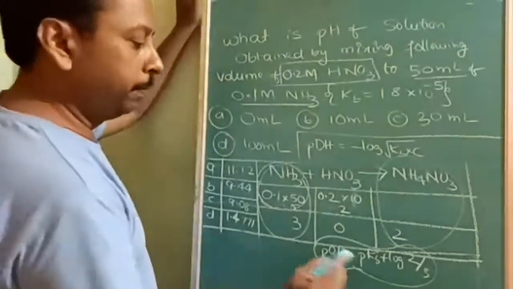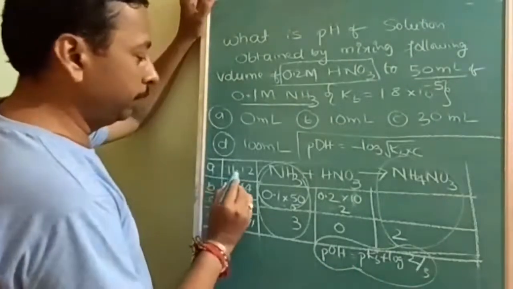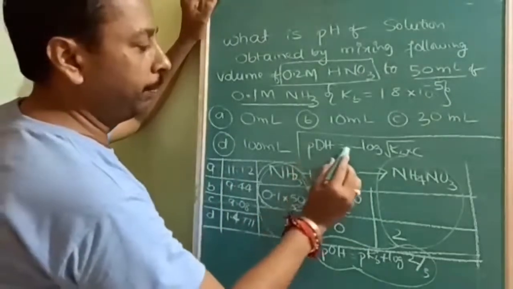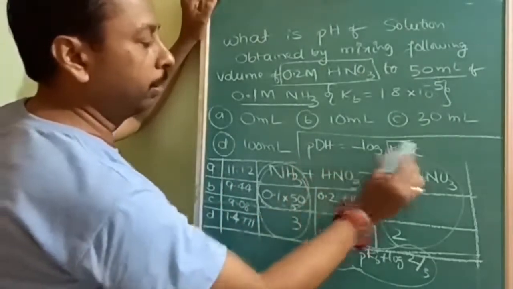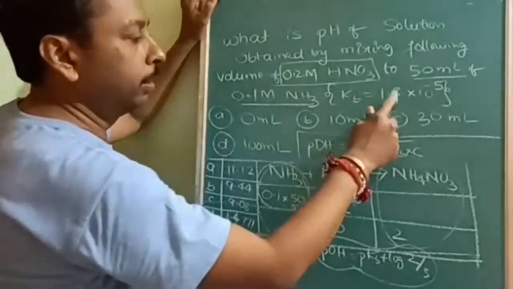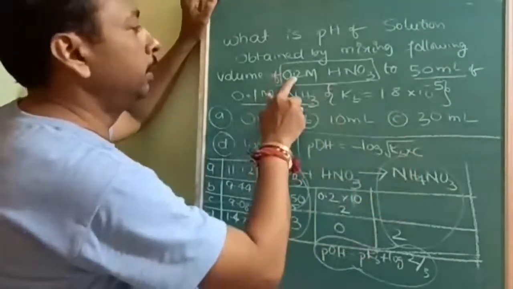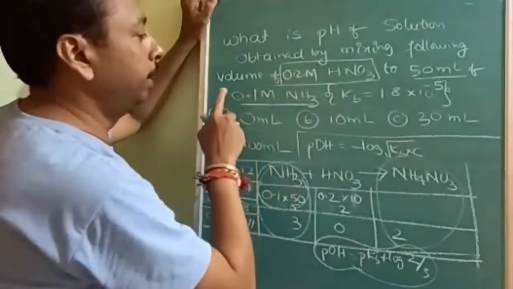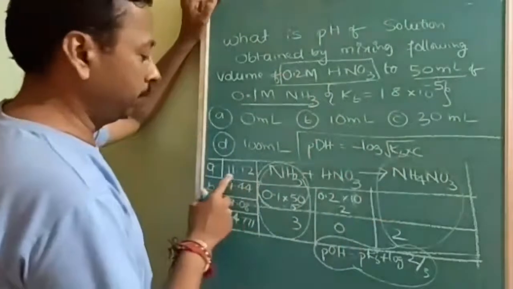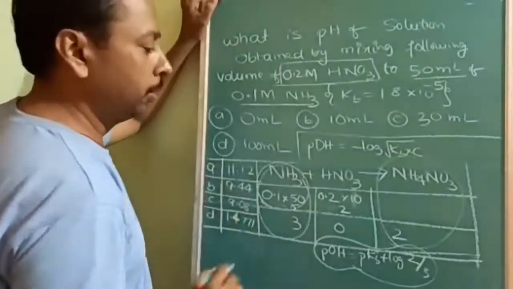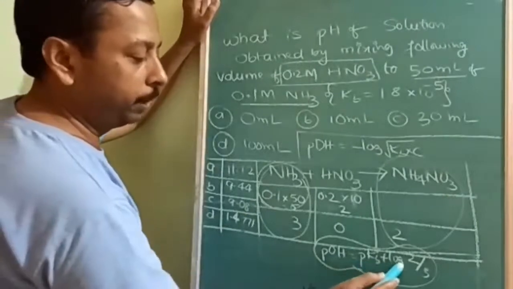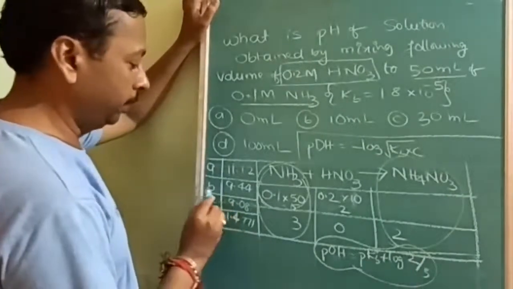See, up to the B part, is it clear? The first answer you will get is 11.12, using only the pOH formula. pOH is equal to negative log of KB into C. KB is 5 minus log 1.8, C is the concentration of base, 0.1. So by that you will get 11.12. And for the second part, what formula will you use? pOH is equal to pKB plus log 2 by 3. There you will get